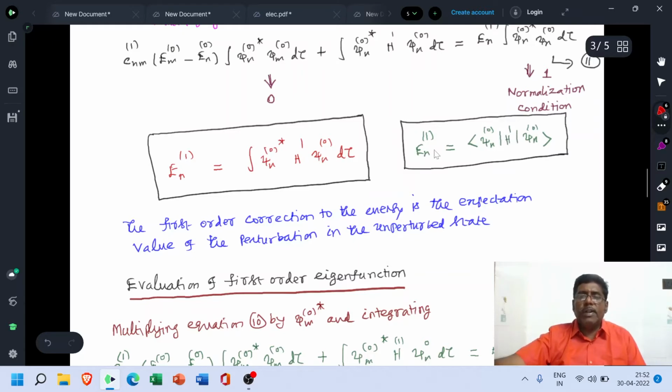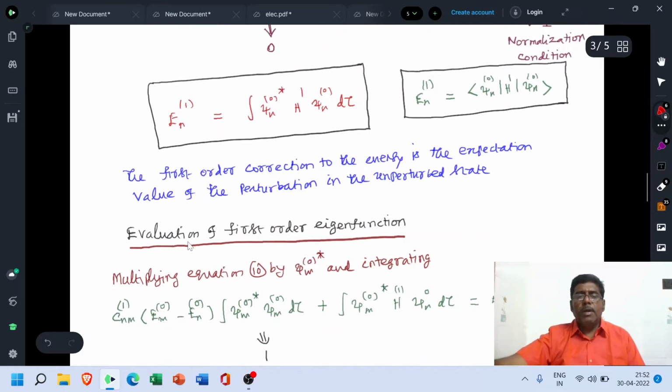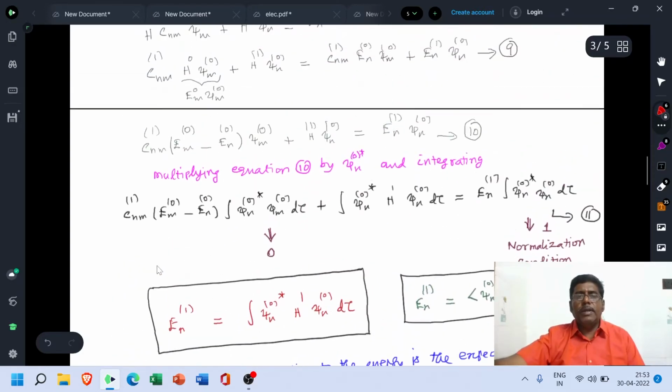So the first order energy correction is the expectation value of the perturbation, that is the perturbed Hamiltonian, in the unperturbed state. That's the meaning of this first order energy correction, En1. Now we have to evaluate the first order eigenfunction. For that, see here,